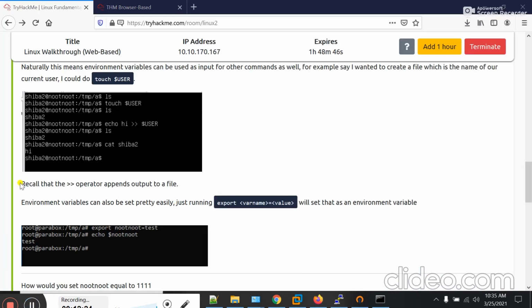Okay, let's move on. Recall the double greater than operator appends output to a file. As you know, this operator will store the output to a file. Environment variables can also be pretty simple. Just running export variable name and value. It means you can create an environment variable by using this command.